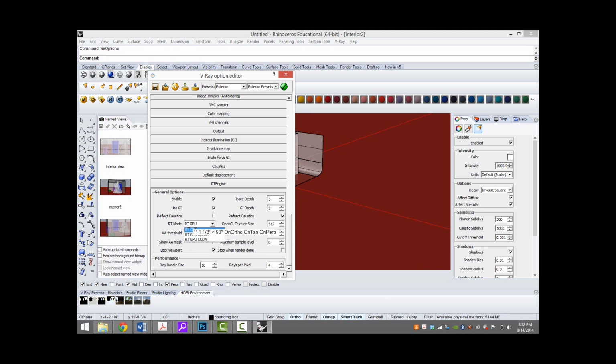If you have a GeForce or NVIDIA card, you use CUDA, and if you have the other manufacturer of graphics cards, I think it's AMD, right, you have to use OpenCL. I selected CUDA since she has an NVIDIA, so